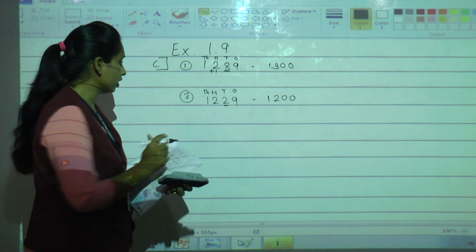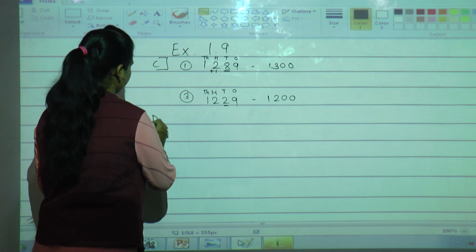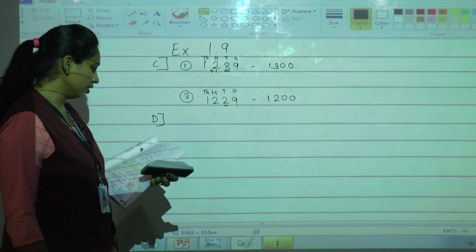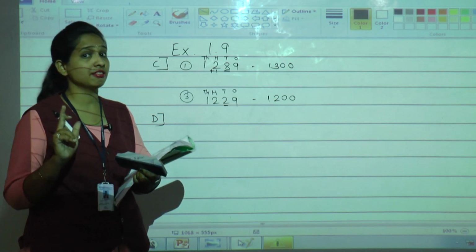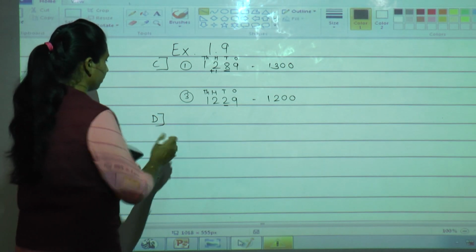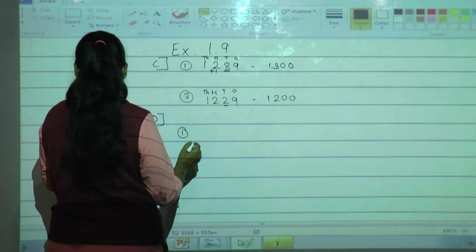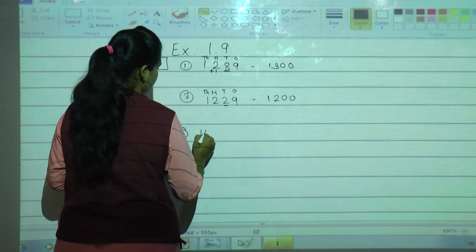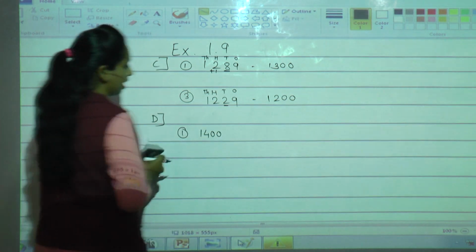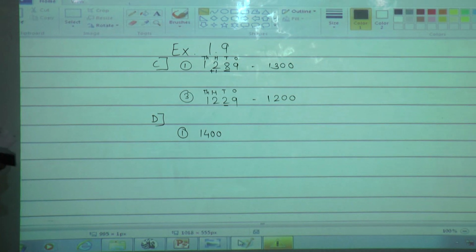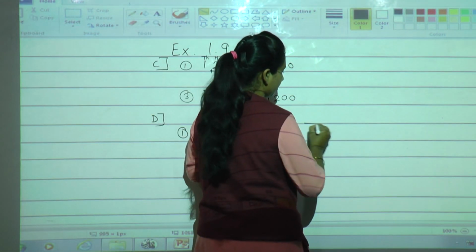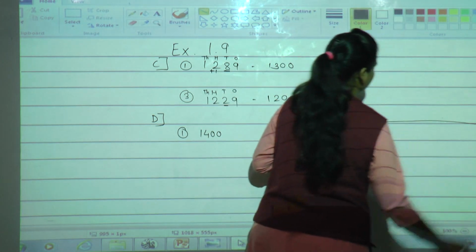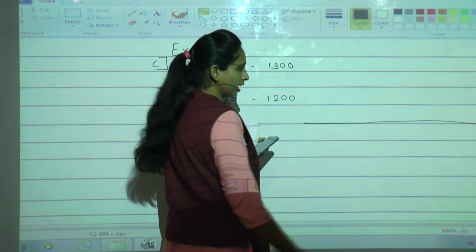Now D1. What is the D question? In the D question, list the numbers that can be rounded to the nearest 100. Nearest 100 only. Now I will take the first one. The question is 1400. They have given 1400. Let me draw this 1400 on a number line. This is one number line. I have drawn